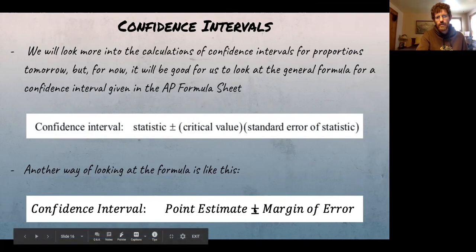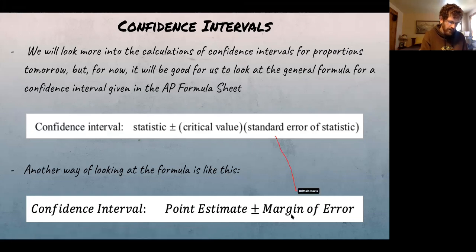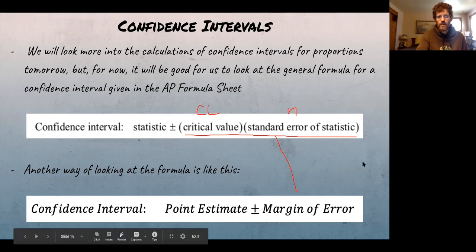So really we're saying the point estimate plus or minus the margin of error. So this margin of error is affected here by those two things, the critical value and the standard error statistic. And I'll go ahead and tell you right here, this is related to your confidence level, and this is related to your sample size. Okay, so that's why it changes. All right, maybe that's enough on that for now.